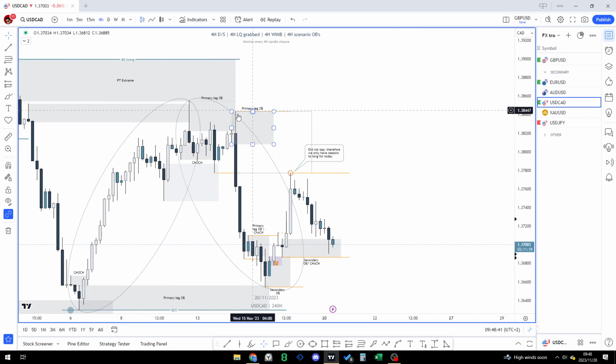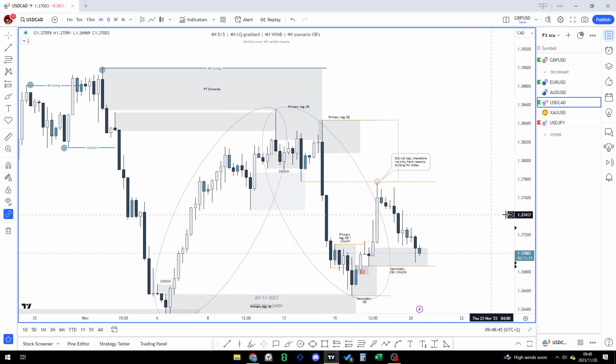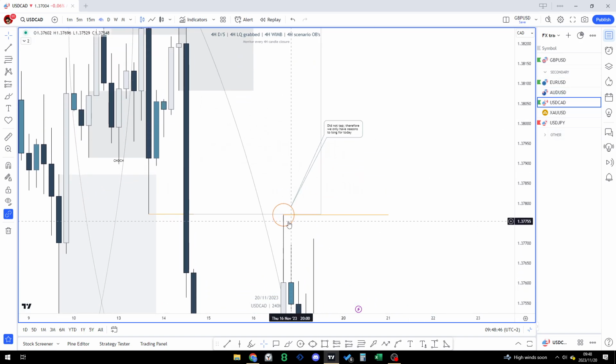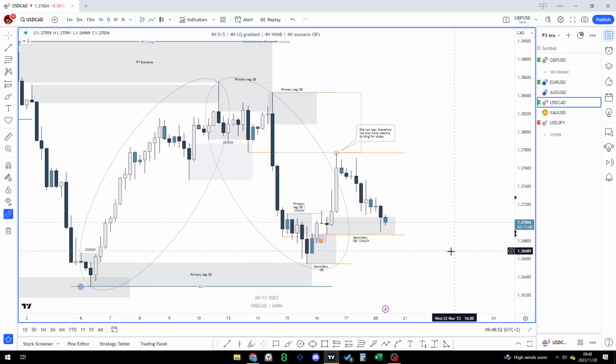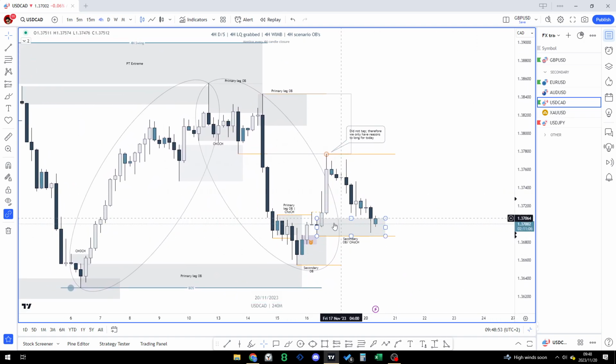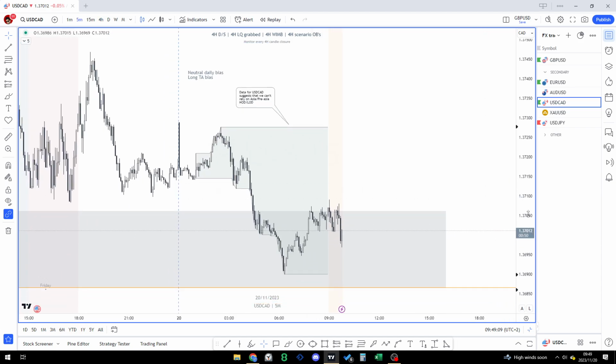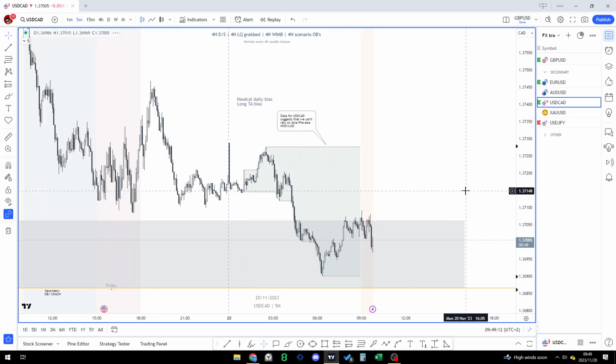In terms of this OB or this range, it wasn't quite tapped last week, so for today my bias remains to continue longing based on this OB, and I don't have a dual purpose bias in terms of having reason to both long and short. My bias is longs to at least reach this range, and then we'll reevaluate. Based on this, on the 5-minute, we're waiting for one side of the Asia range to be swept.